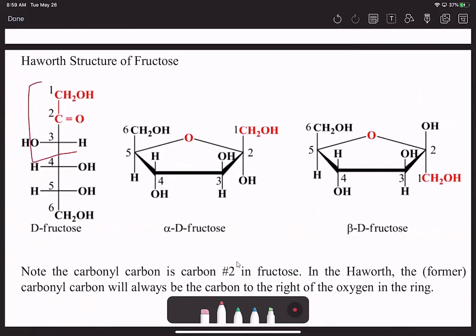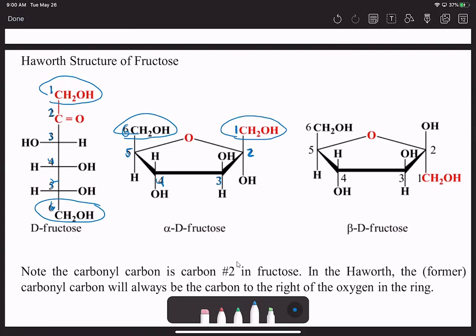Here's my ketone functional group, right? So I know that this is a ketone. And we see that it makes a slightly different ring here. And notice these numbers here, carbon number 1, 2, 3, 4, 5, and carbon number 6. Carbon number 6 is out of the ring, but also carbon number 1 is on the outside of that ring. In order to determine alpha